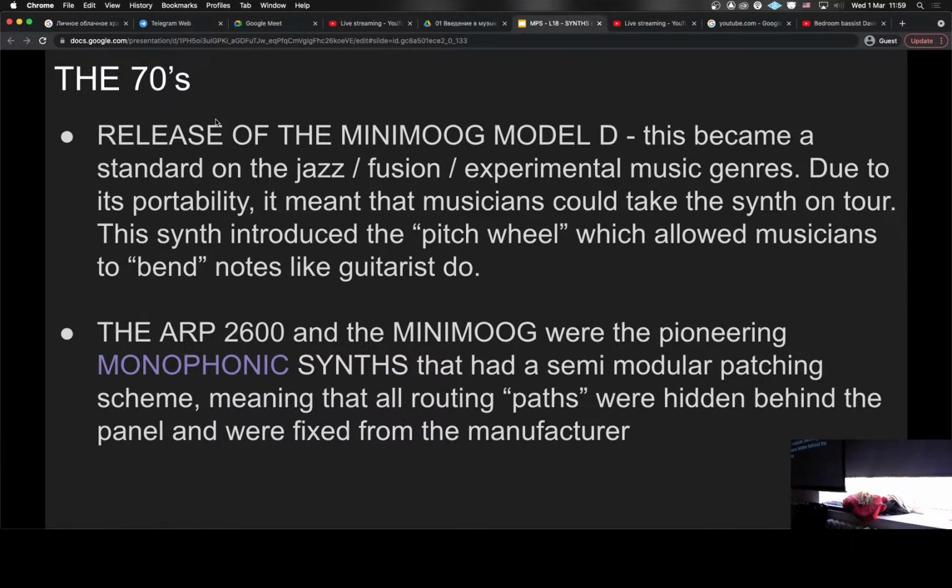There is a new version of it. I mean, it's the same, but the same company reissued it. And these were monophonic synths that had patching, modular patches as well. But it had the patches now hidden. I mean, you couldn't patch it with cables like you could with the Moog modular. They were more like patchings that were pre-wired behind the scenes by the